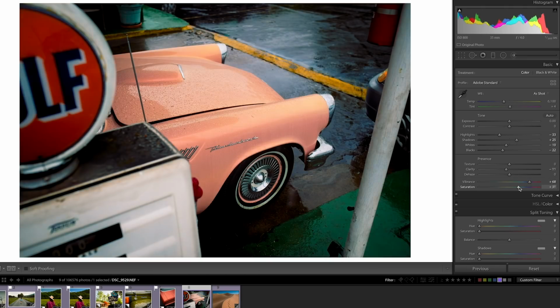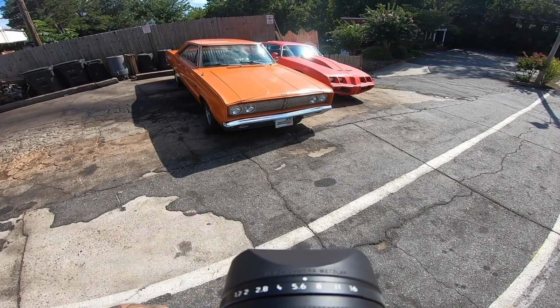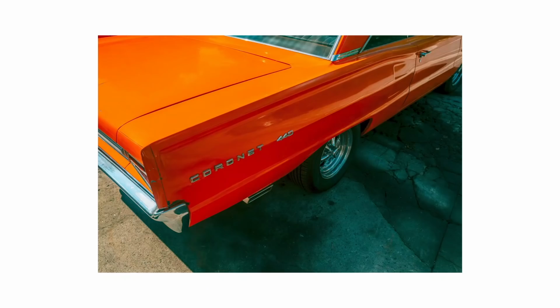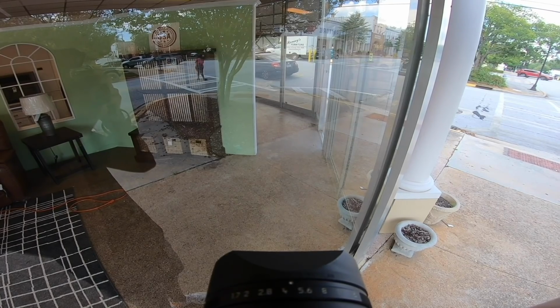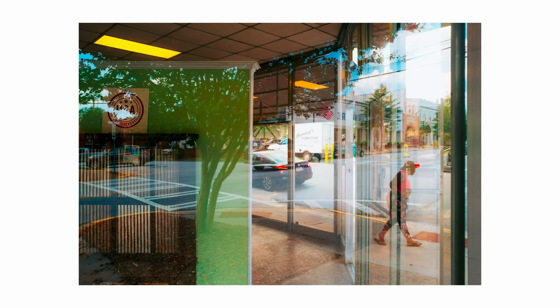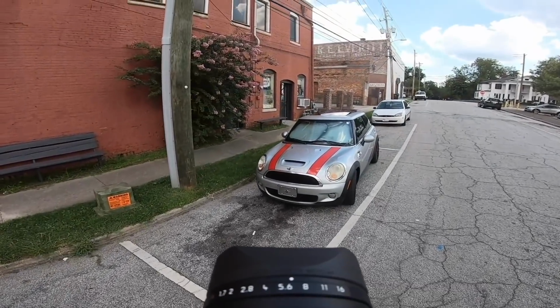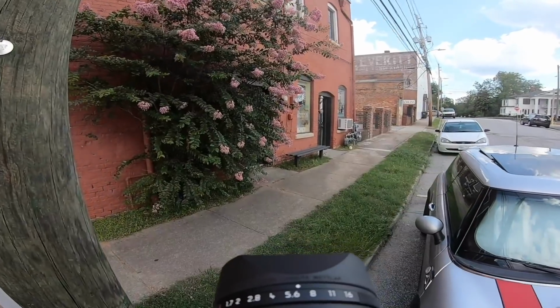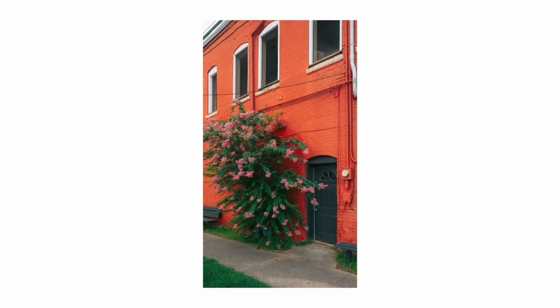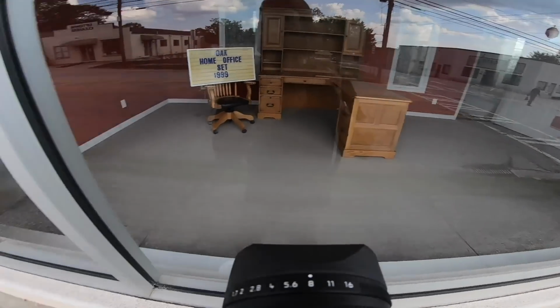photos and minimal edits. Now, if you're new to the channel, one of my favorite types of photography, I think it's kind of like my photography style. That's really weird to say out loud, but one of the things I enjoy most about photography is taking things that are simple and making them into something interesting and potentially beautiful. And one of the ways I do that is by not overcomplicating the edit. And today I'm going to show you my exact workflow from start to finish so you can do the exact